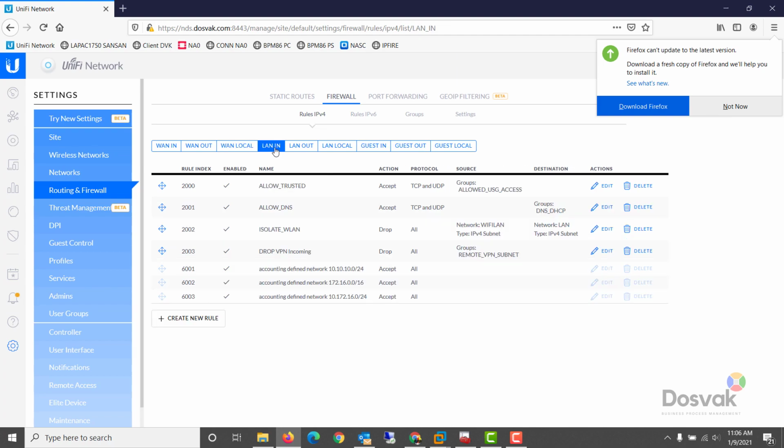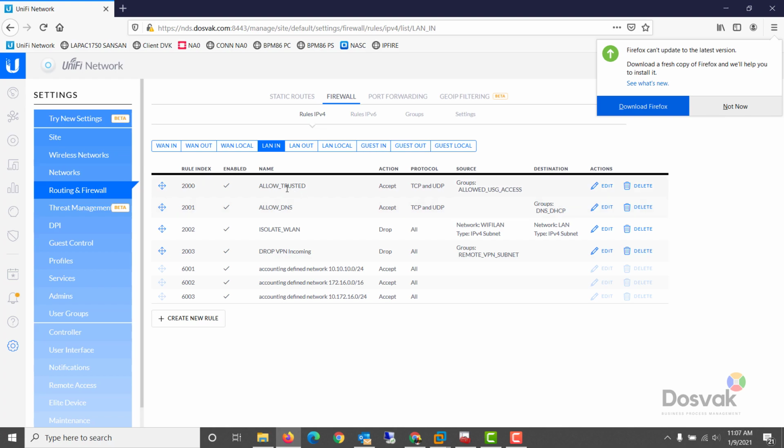Okay, LAN in is where you can isolate your different VLANs or your different networks. It need not be a VLAN-based isolation, it could be a regular port-based isolation where your firewall is supplying two ports and both the ports have different networks on them. But the router is capable of inter-routing between those two networks. So you will put all your rules for isolating one particular, let's say, guest network from being able to connect to any other device here.